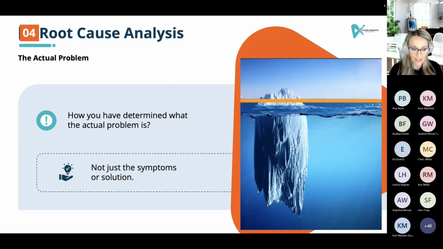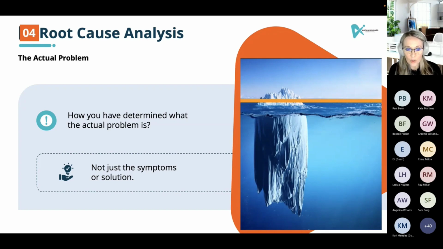We'd have to go and look to see, is it the tap? Is it the pipe? Is it the actual, let's say, heating system that maybe is sending the water too quickly and it's then causing erosion on the pipe? So maybe it's not the pipe that's the problem, but the volume of water that's coming through that has eroded it over time. So as you can see, the problem is that we don't have our water contained, not that there's a leak. The leak is the symptom of the problem that the water isn't contained.